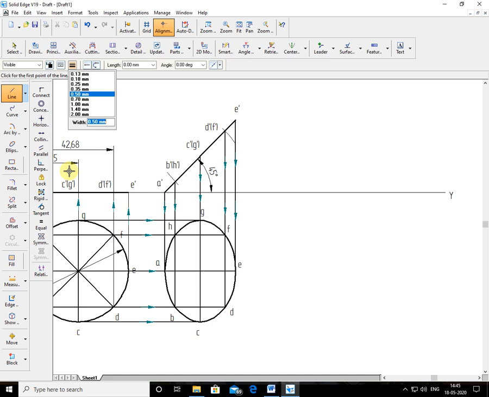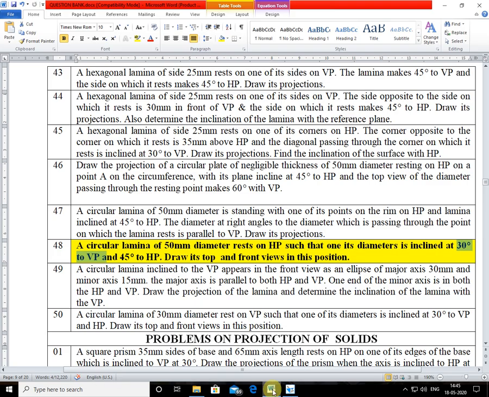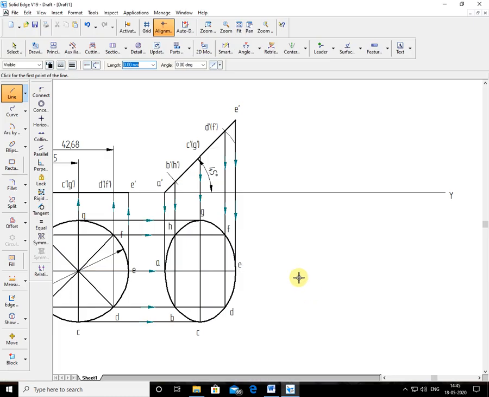I'll show you. So first here, you can draw the angle line this way. I want 30 degree. How much is it? Yes, 30 degree to VP, true angle. Yes or no? So I can draw this angle line in this way also. See here, 30 degree in this way also I can draw. Minus 30, I can draw.